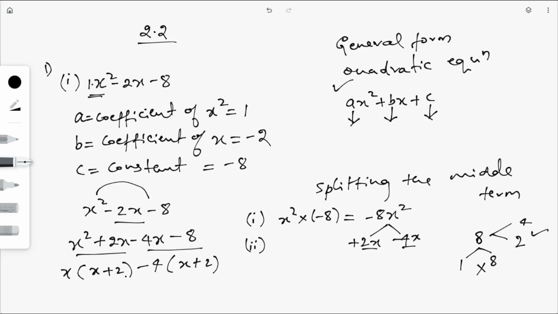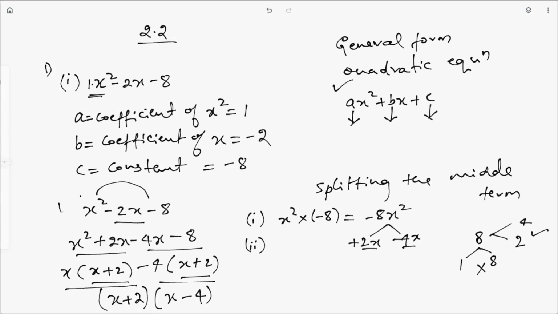Okay. And one more thing, whenever you solve or whenever you find the zeros or the solution of a quadratic expression or equation, you will find in this bracket you should get a same term. So here we got x plus 2 and then x plus 2. Now from these two terms, what is common? X plus 2 is common. So take x plus 2 as common. So if you take x plus 2, then you will be left with x and then here minus 4, right? So these are the factors of this given equation.